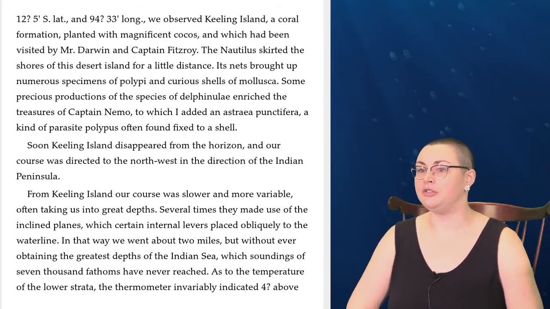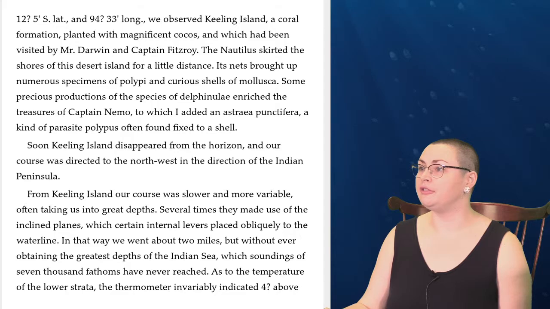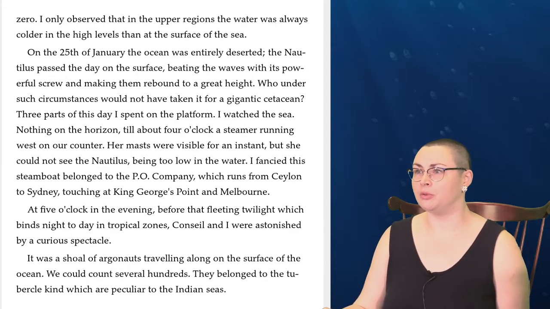Several times they made use of the inclined planes, which certain interval levers placed obliquely to the waterline. In that way, we went about 2 miles, but without ever obtaining the greatest depths of the Indian Ocean, which soundings of 7,000 fathoms have never reached. As to the temperature of the lower strata, the thermometer invariably indicated 4 degrees above zero. I only observed that in the upper regions the water was always colder in the high levels than at the